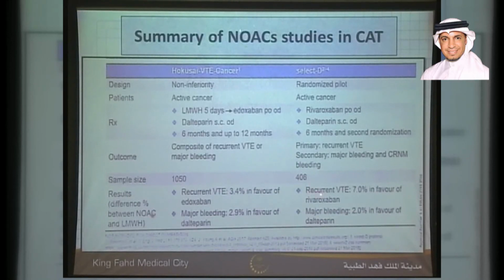Again, the same goes for Select D. They found the recurrence rate is in favor of rivaroxaban, so it is more potent in prevention of recurrence, but causing more major bleeding. So these drugs, they found that very important in patients with, especially with the Hokusai VTE cancer, high bleeding. The bleeding rate was more in GI malignancy, esophageal, gastric malignancy, colon malignancy. So more bleeding in GI malignancy and genitourinary cancer, particularly patients with